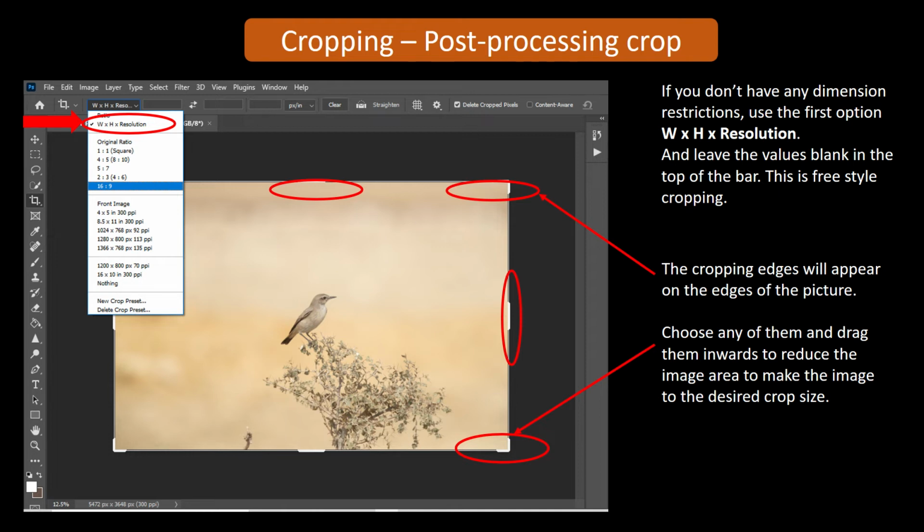You have various menus already put in, like 1:1, which is a square. Then there are ratios like 4:5 or 5:7. You can choose any of them, but I would prefer that you choose the W x H x Resolution option, because this is the simplest one and it gives you a lot of flexibility in terms of how to crop your